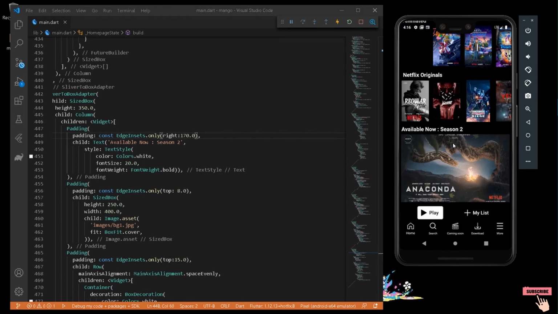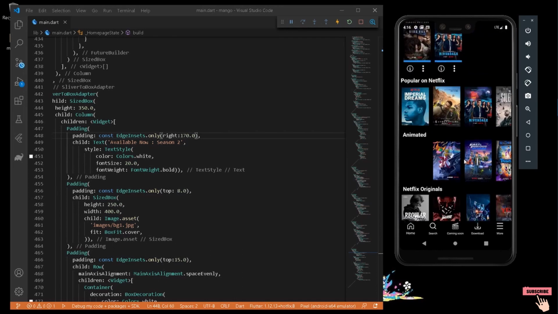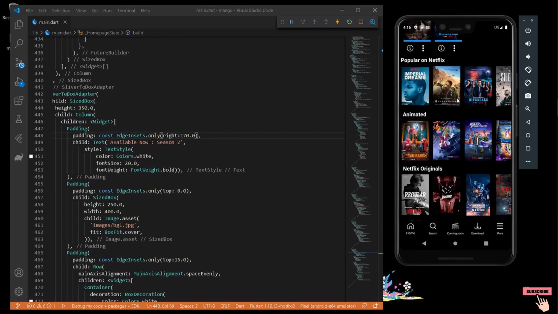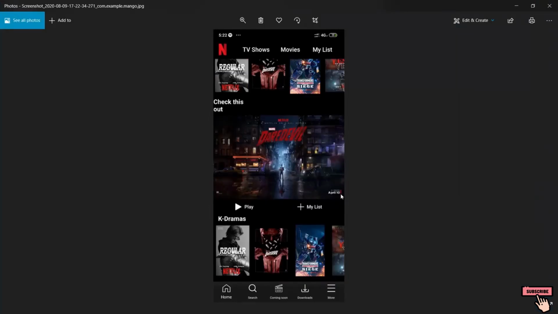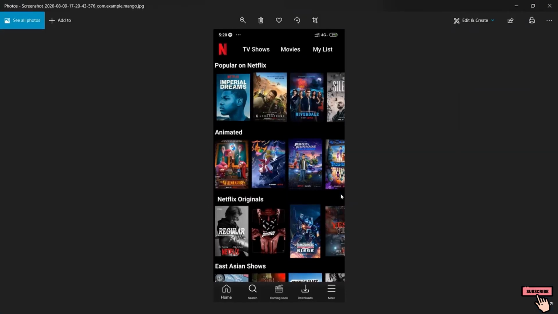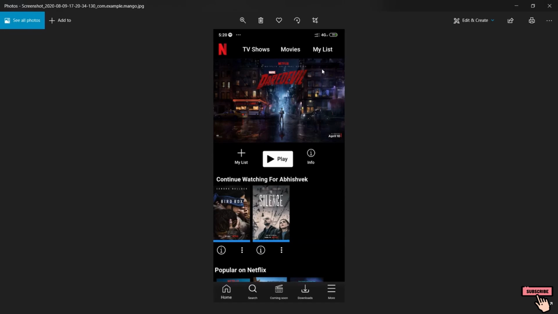So here in this way we have conducted the following list view of the following widgets, which will be a future builder itself. So now let's check the next ones. Okay, so now here everything is the same, that is we have constructed the home view of our entire Netflix clone.